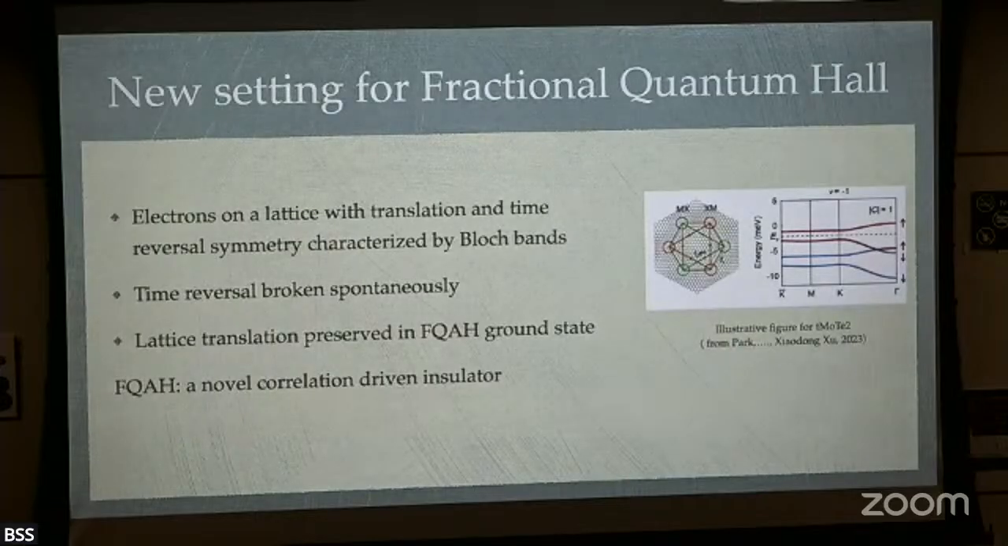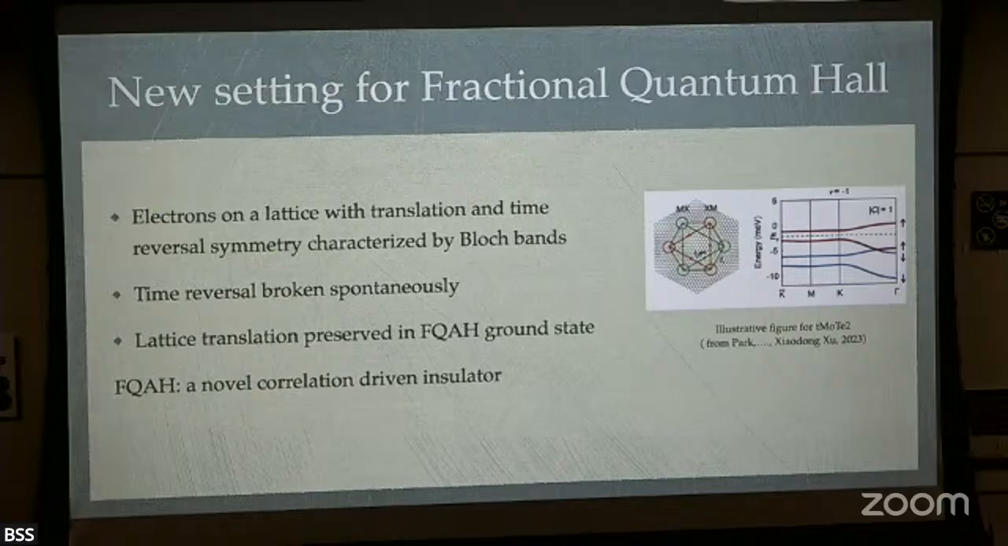Yeah, so this is a new setting for the fractional quantum Hall phenomenon. People often ask, why is this interesting? Fractional quantum Hall effect has existed for 40 years, right? What's the big deal? So I'll give you some of the reasons why it's a big deal. There are many other reasons why it's a big deal. But